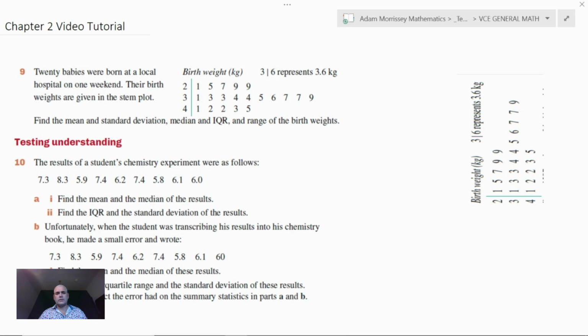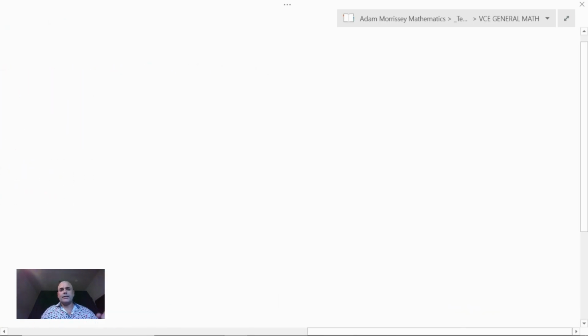Okay, so we're doing some work on data distribution here, and we're looking to tie this whole chapter together. And all I'm looking to do here is make a tutorial and summarize as much of this work as quickly as I can. So I think the place we need to start is just to start thinking about the data itself and the different types of data that we have is either categorical